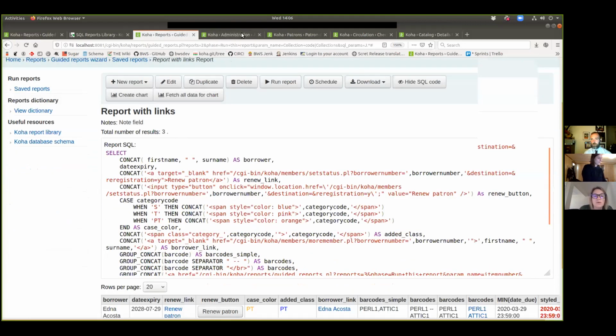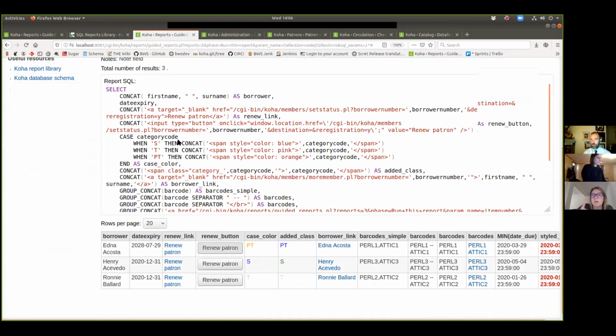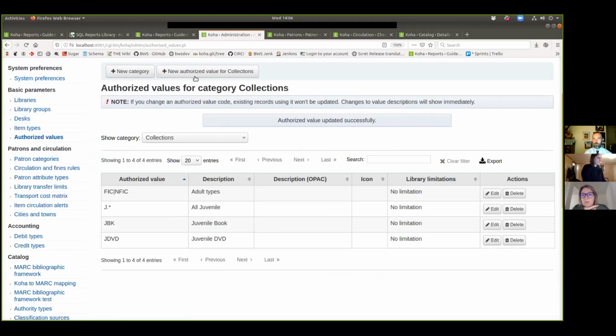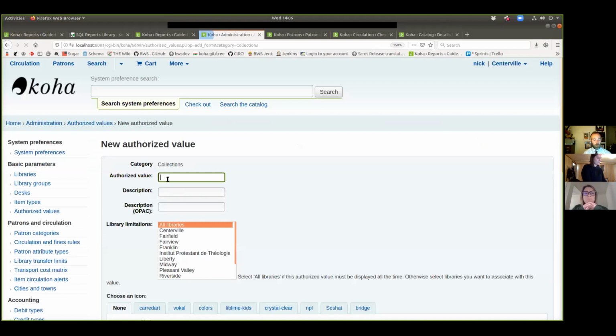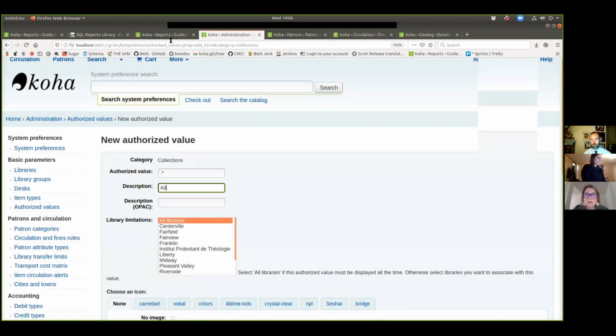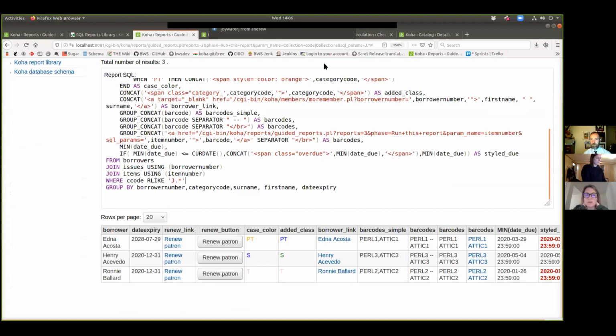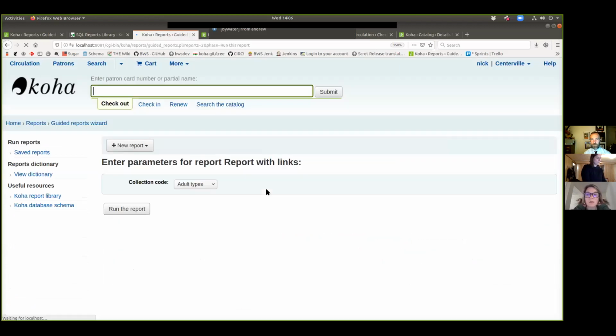Additionally, even though I said, now we had to switch to using R-like here, which meant that we lost that all option, since we're building our own kind of specialized authorized value category, we can go ahead and put in one here that is just .star, which is going to be anything, and call it all. And now if I run this report again,